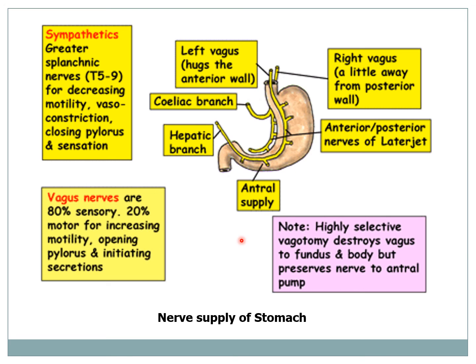Sometimes the posterior vagal trunk gives off, about the gastroesophageal junction, a separate branch to the fundus of the stomach. We will call it the nerve of Grassi. So this one is the nerve of Grassi. Anterior and posterior nerves of Latarjet and the nerve of Grassi. We will call it the nerve of Grassi.